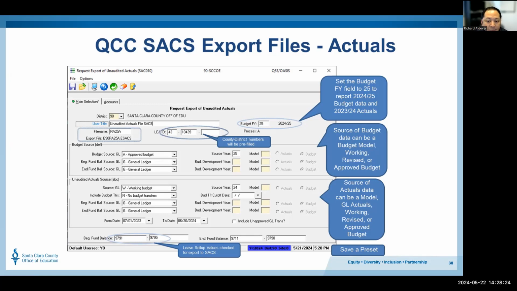data correctly. Once you have all this information set into this screen, it's always good to save a preset so you don't have to do it again year over year. So you click on that save icon in the upper left-hand corner to save it as a preset. Just give it a name that you can call up every year. And then when you're ready to run it, you just hit that icon with the lightning bolt and the battery, and then it will go into your QSS transfer download file, which we'll be covering in the next slides.